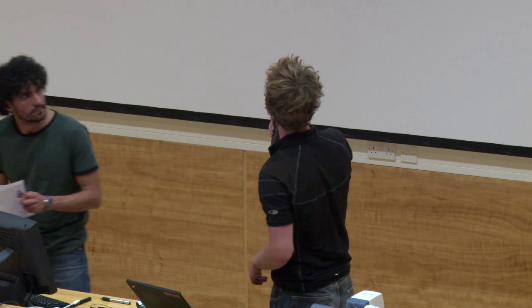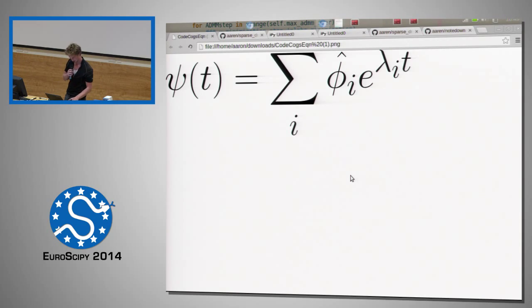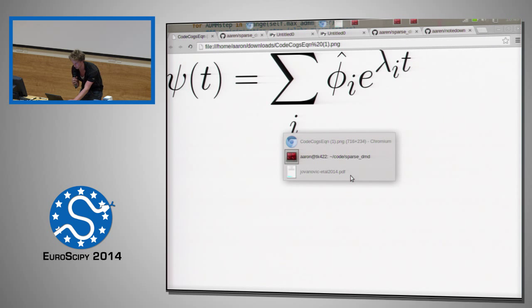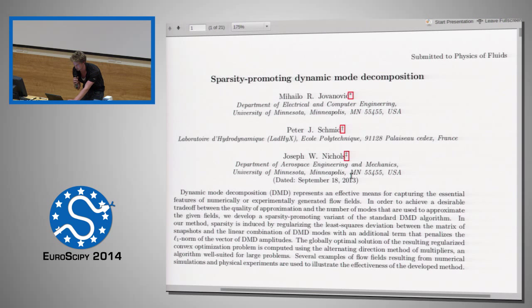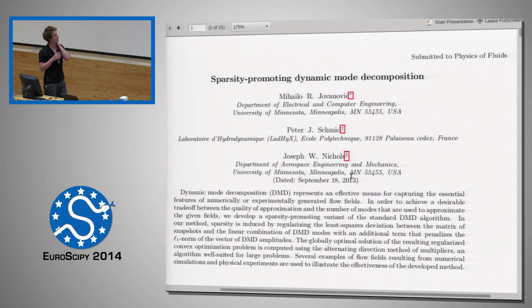So I'm going to tell you about this thing. This is the basic equation behind dynamic mode decomposition, which is a recent algorithm in fluid mechanics. There's a recent paper on it out this year, which is about sparse dynamic mode decomposition. You can think of it as a bit like a super general Fourier transform, which you can apply